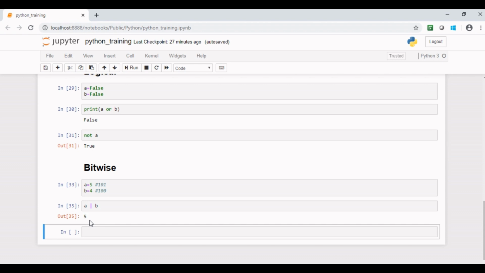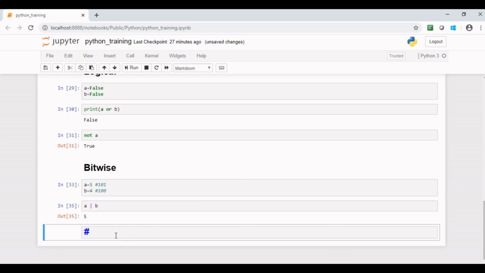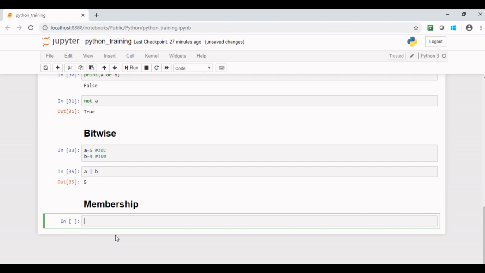Now let us discuss another Python operator, that is the membership operator. Python membership operators are used to check the membership of a value inside a Python data structure. If the value is present in the data structure, then the resulting value is true, otherwise it returns false. There are two membership operators available in Python, in and not in. Let us understand the membership operator with the help of an example. If we initialize a string, say var string, with value Python,